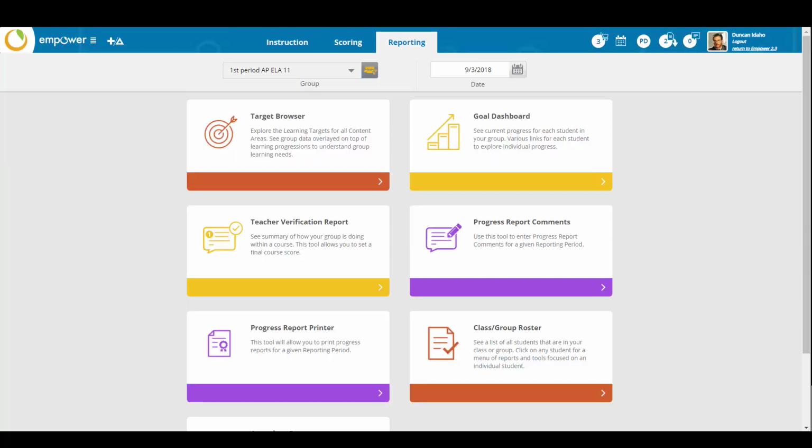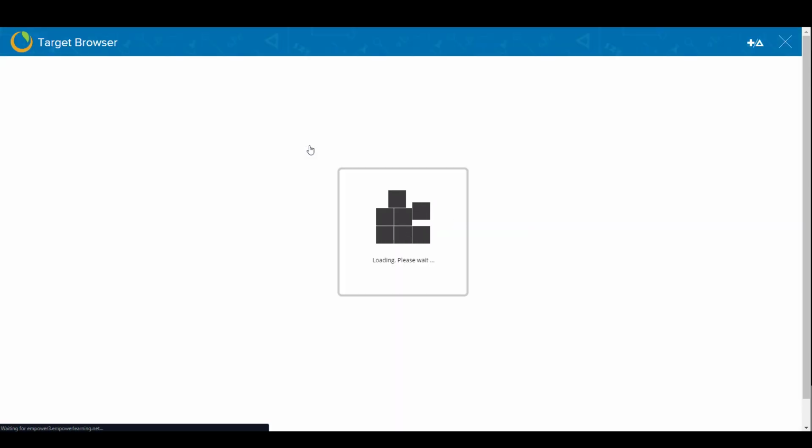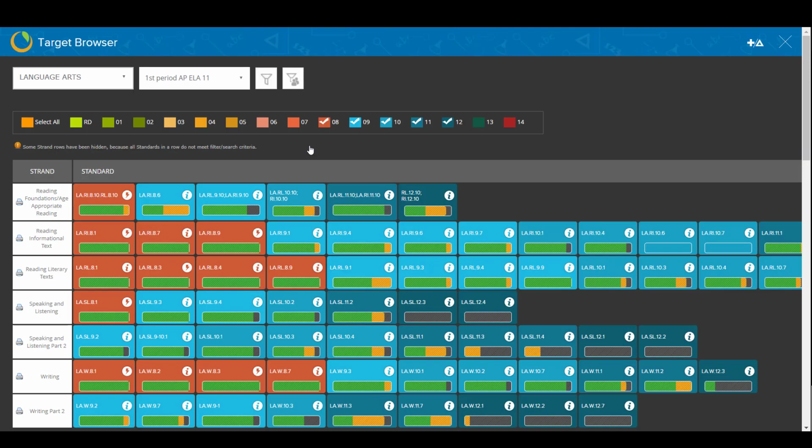Hi, in this video we're going to look at the target browser. We can find the target browser here on the reporting tab. We'll go to the target browser tool. What it's going to bring up here is a visual representation of everything that a student is supposed to cover